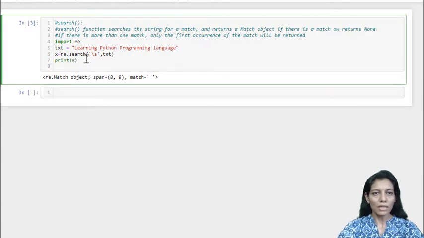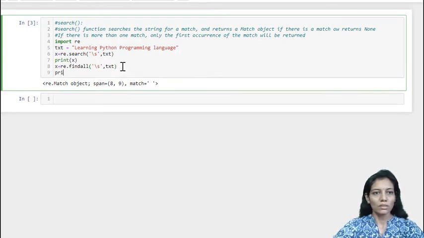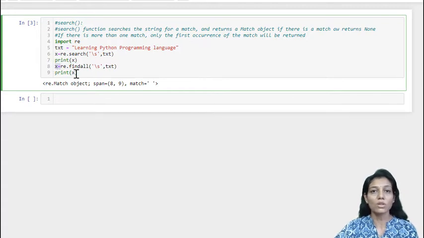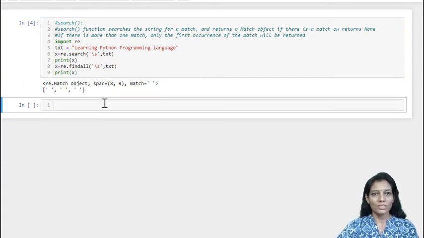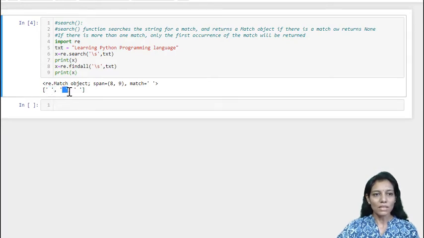Now if the same match is done with findall, let us see what it prints. Instead of search, I am going to use the findall method. We have already explored that findall will return a list of all the matches. Let's print x so that it is clear what the exact difference between these two is. This x will now be a list of all the matches. Yes, you can see all the white spaces found in the given string are extracted.